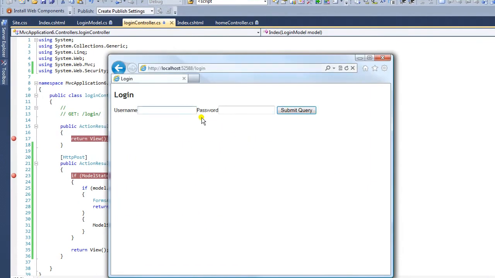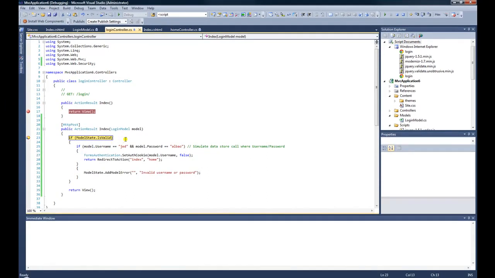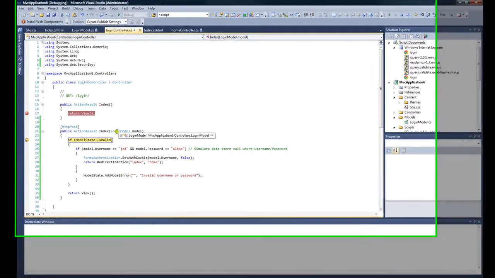Now, when I submit the username and password, this one is now fired. So that's kind of cool. And in this parameter here